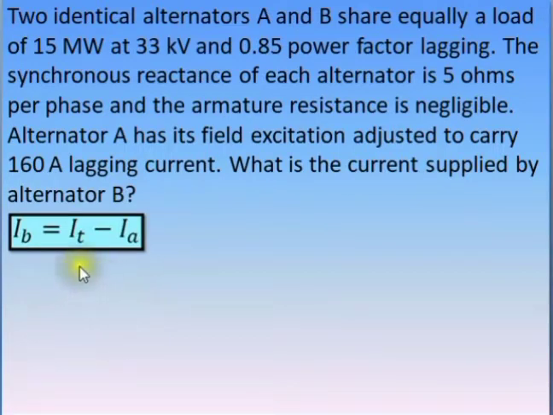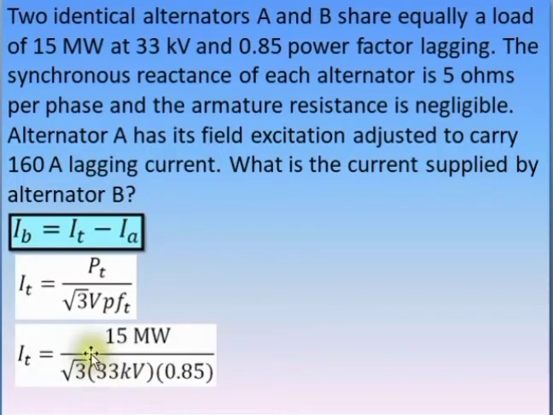Therefore, kukunin po natin yung I total and yung current being delivered by alternator A. Unahin po natin kunin yung total current gamit po yung formula na na-derive natin kanina. I-substitute lang po natin yung mga values. We have 15 megawatts divided by square root of 3, 33 kilovolts, and 0.85 na power factor. Ang sagot po dito ay 308.743 amperes. Wag lang po tayo malilito dun sa megawatts, which is million po ito, and yung kilovolts dito, which